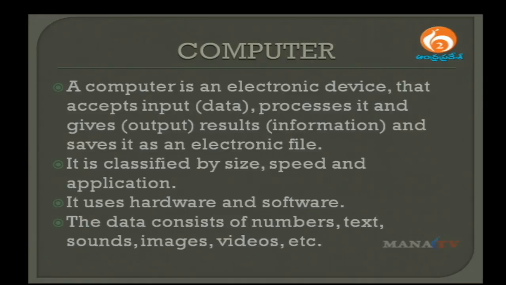Now, what is the meaning of this? A computer is an electronic device that accepts input. For example, whatever I am saying, it can't be typed automatically, isn't it? Whatever I type means I am giving information through the keyboard to Internet Explorer. That is again an electronic device. A monitor is an electronic device, a keyboard is an electronic device, a mouse is an electronic device. To any electronic device you have to give a command so that it takes the information,